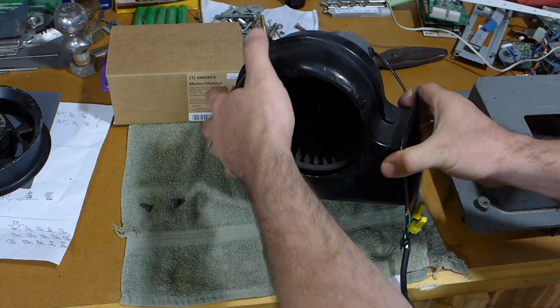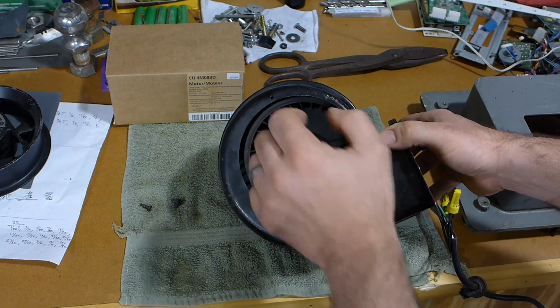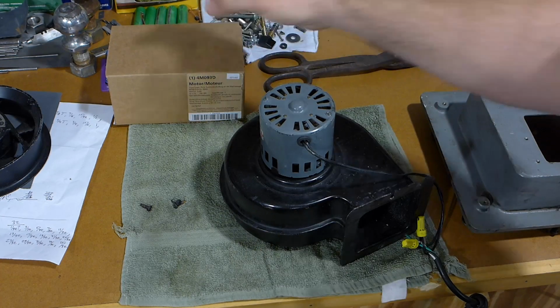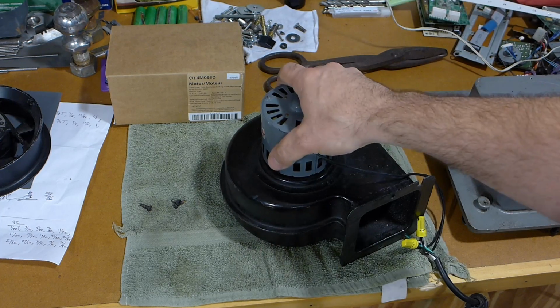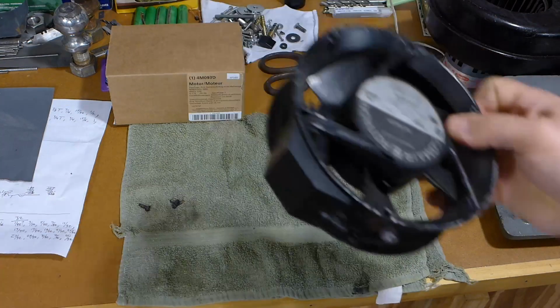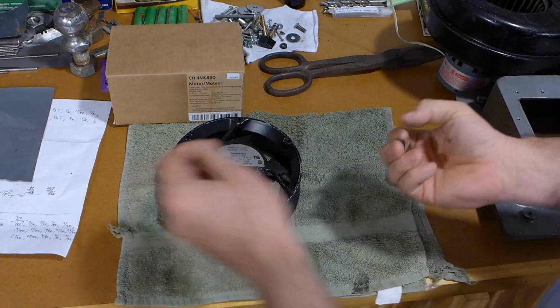So I'm not going to bore anybody with the details of how to put this motor on, but there's a set screw in there. You pop the fan out. There's two nuts that hold it on, and you just pop the new motor on and call it good. I had originally toyed with the idea of mounting an axial flow fan,